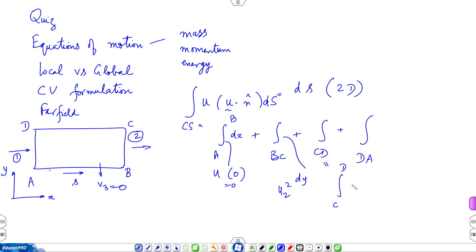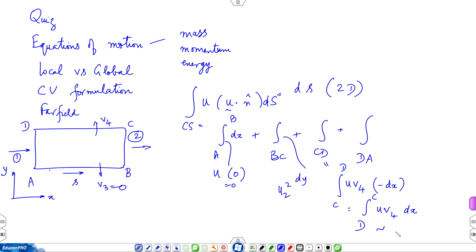So, let us write that as u v 4 ds, which is now x is in the rightward direction. So, it becomes minus dx. Okay. So, now you can write this as the integral from d to c of u v 4 dx, and then approximate it as